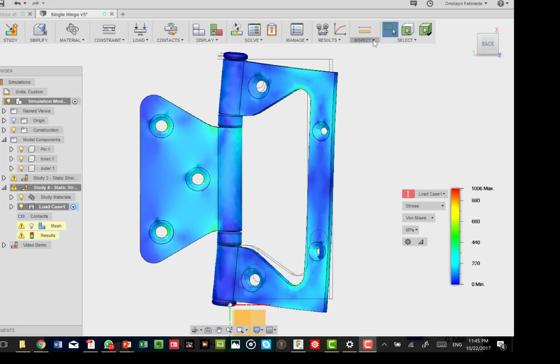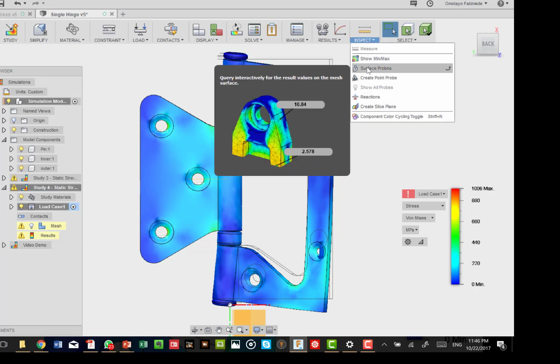To get into surface probe, you must activate the result. In this case, of the loading of the simulations we've done, I'm activating the result of study 4. Study 4 here, and that has the eye right now. So the result is activated, and I can go to inspect here and choose surface probes.